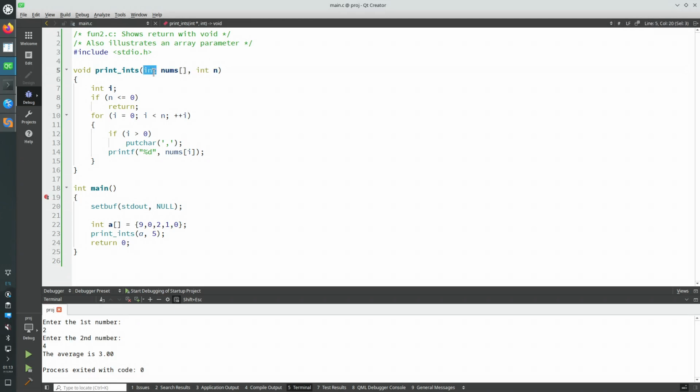It's 4 bytes. So using the type of the array, we know exactly how much space in memory one item takes. We know the size of one item in the array. Again, it's int, which is 4 in my case. And then 4 times n, we know